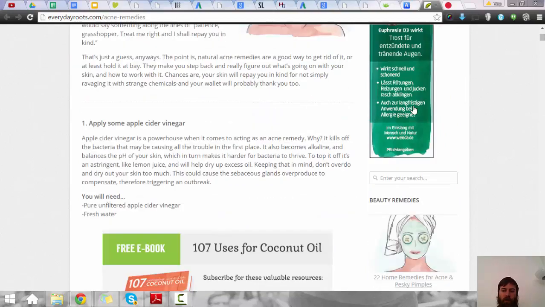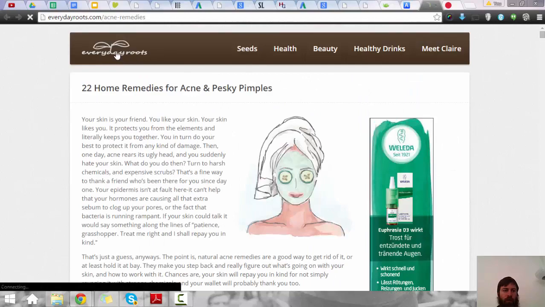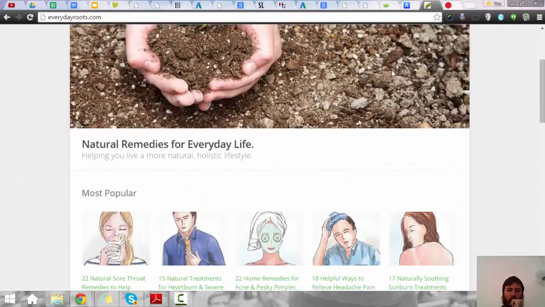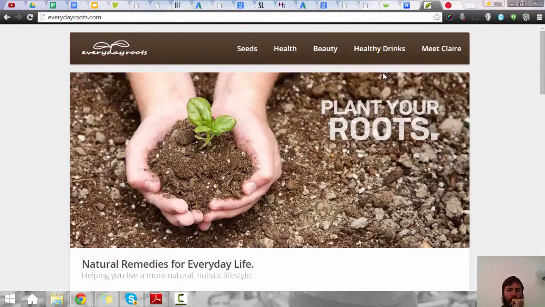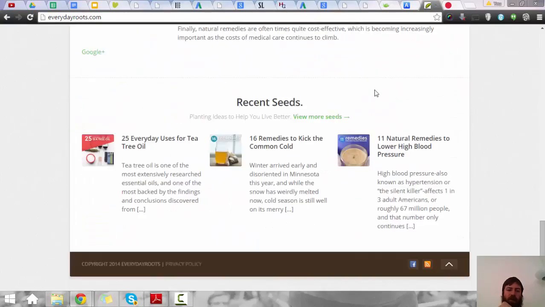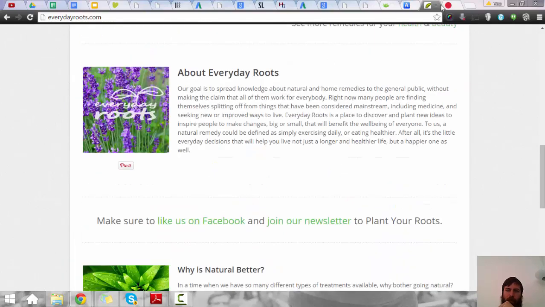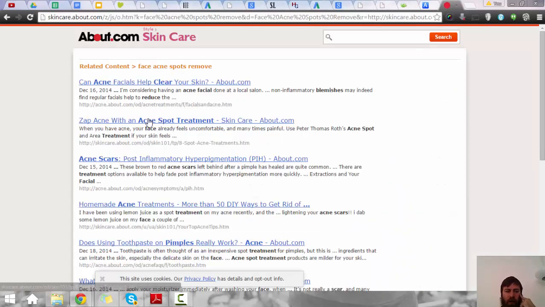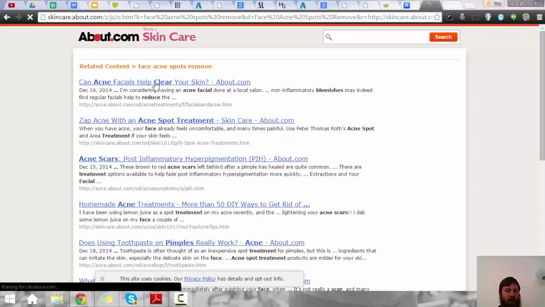Let's see. Everyday roots. What we're trying to see is if this is an info product. I'm not sure it is. Zap acne. So we're just trying to find